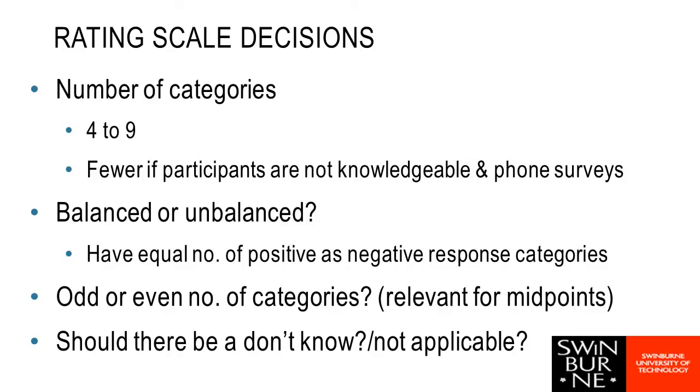Need to decide whether we're going to have the same number of positive and negative responses. Most of the time you tend to have a bit of balance, but there could be reasons why you might have more positive or more negative ones. You might need to decide whether you have an odd or even number of categories. So remember when we looked at the staple scale, it always has an even number so that there's no zero, no option for a midpoint of kind of